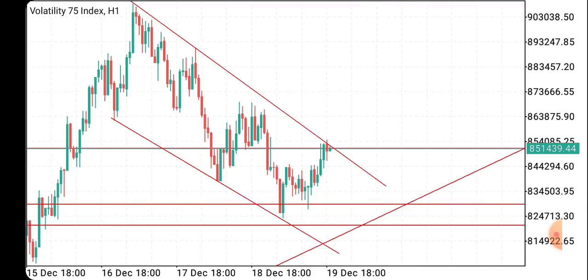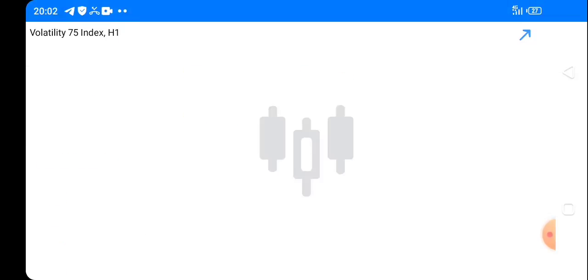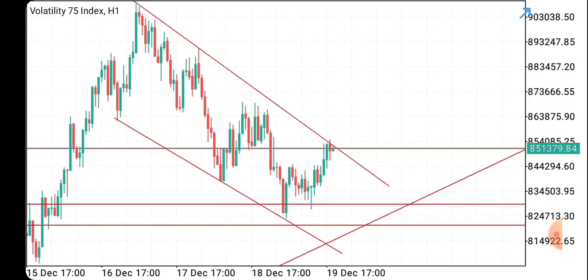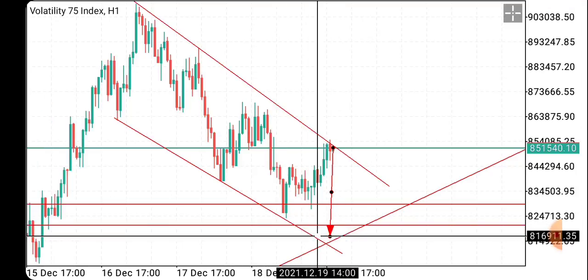From this analysis, we can now forecast the market, and we will have a win rate if price moves according to our forecast. Now you can see from here, price is at the upper trend line, and price has not yet hit the lower part of this trend line here.